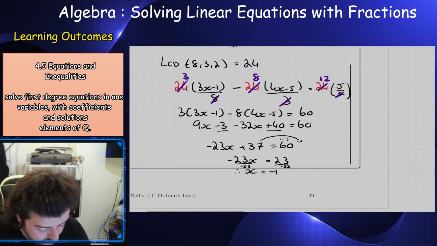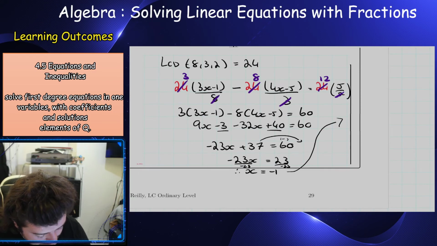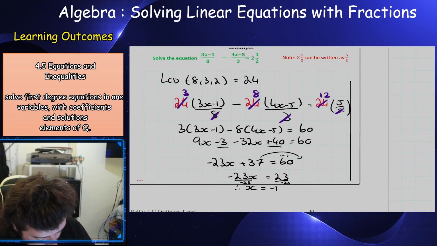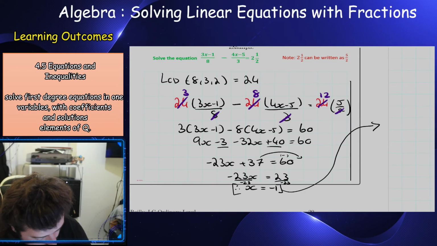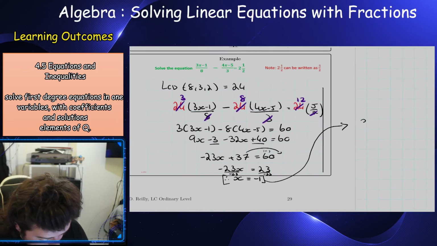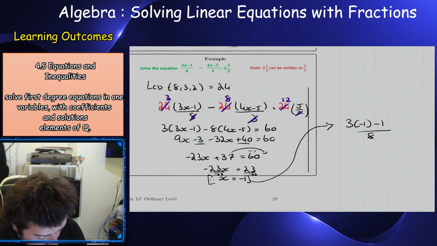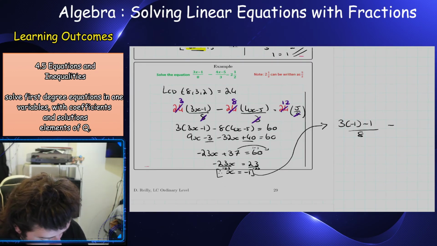So now finally, check my answer. Sorry, it's a bit messy here. Let's do it up here. So I have 3 times minus 1 all over 8, minus (4 times minus 1 minus 5) all over 3,